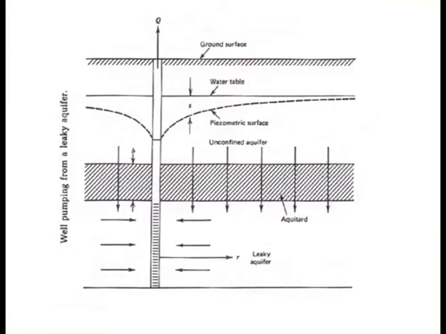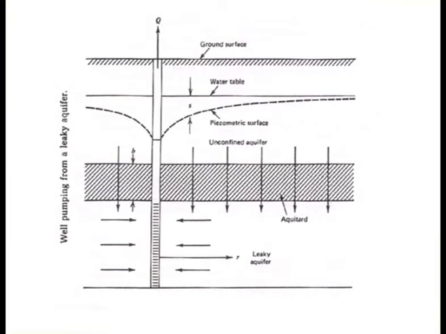A leaky aquifer is that aquifer in which, if you pump, there is a vertical recharge, vertical leakage that takes place from the aquitard. Above the aquitard there is an unconfined aquifer. Below the aquitard there is a semi-confined aquifer. So if you drill a pump in this well and you start the pump, what will happen? It contains a water table also, it contains a piezometric surface also. So how much leakage took place?